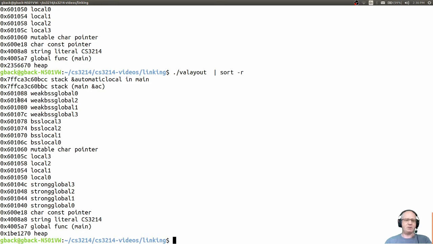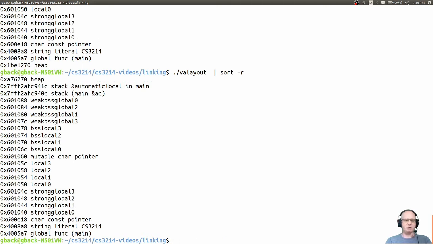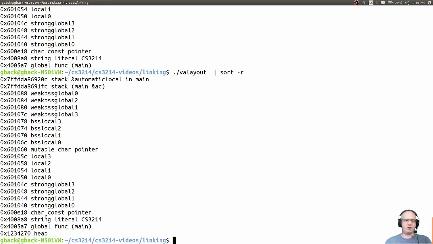And then would come the heap here, that would actually sort in here. And then further up, we have the stack. Now let's see, when we run this multiple times, which values stay the same and which values change. Okay, so when we do this, what we see is that the values for the main function, those globals and so on, all of these here stay the same. For example, the strong global here is the same as this, and so on. But the values that change are, for example, the ones for the heap. We have this heap at this address here, and now we have this heap at this address. What also changes is the value for the stack.